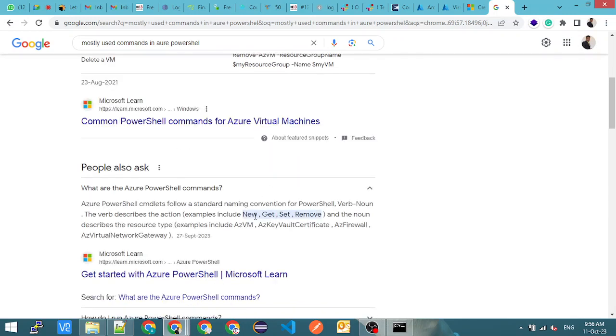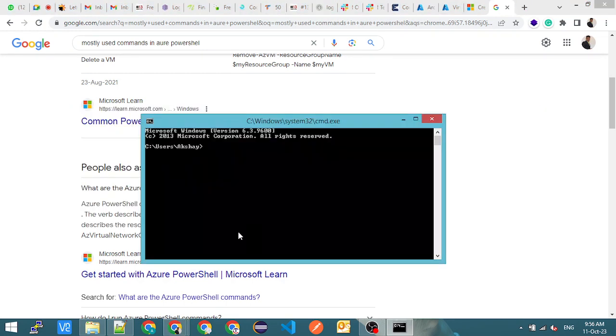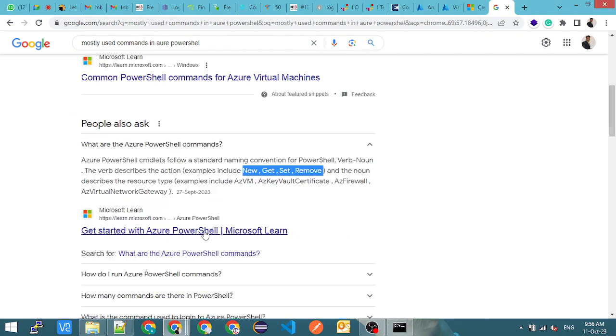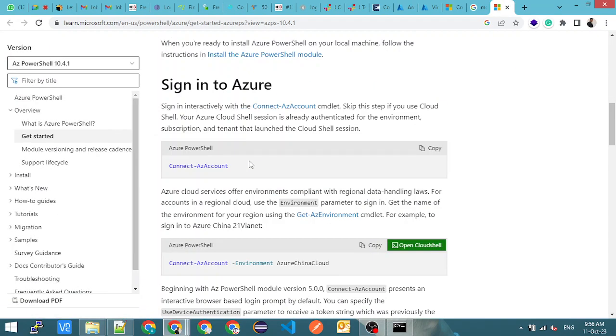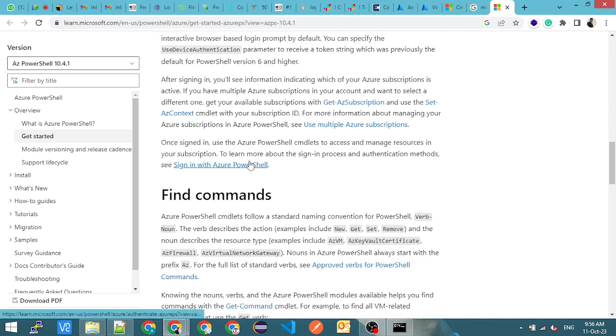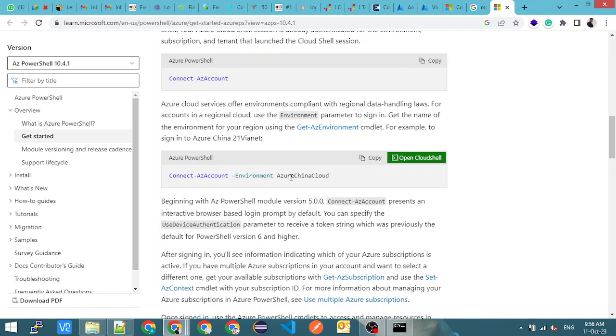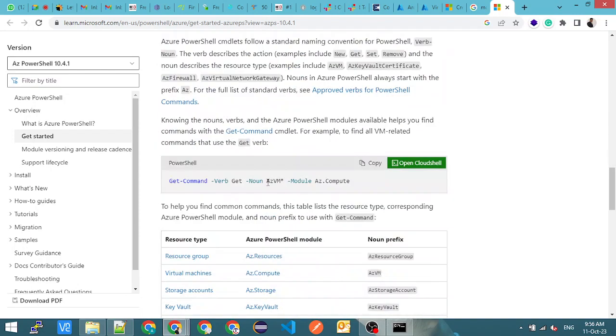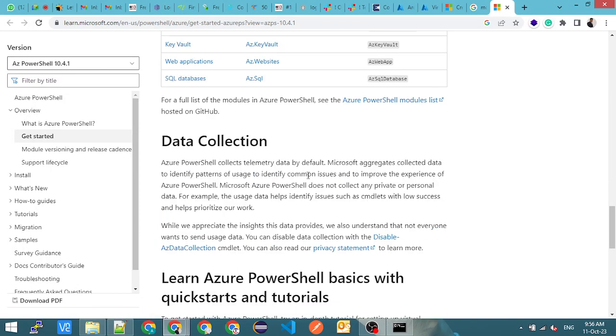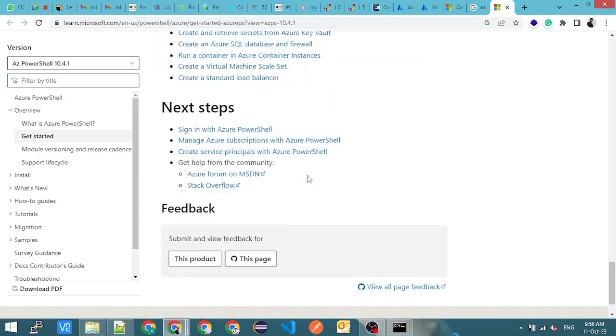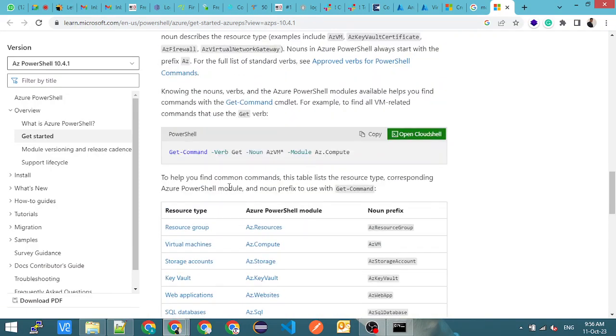PowerShell command हम लोग देखेंगे, हाँ, so there is syntax, any resources you keep any resource, I'll just quickly show you, बहुत सारे, ठीक है, अपन इसका ऑफिशियल डॉक्यूमेंटेशन यूज कर लेते हैं। Once it is installed, you are there, connect to AZ account, देखो ये sign into Azure के लिए connect to AZ account, then it will ask you to put the environment and all of the things, ठीक है, थोड़े से कमांड्स देख लेते हैं।